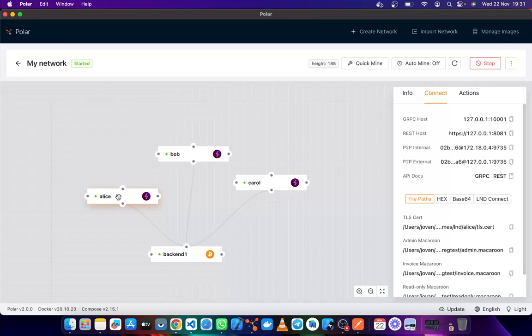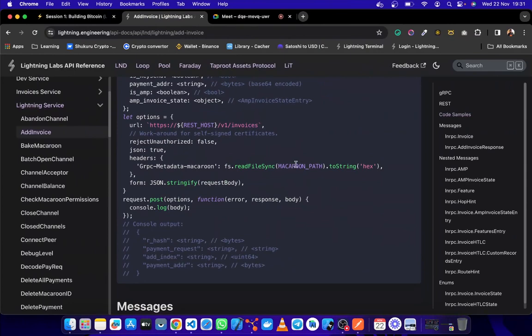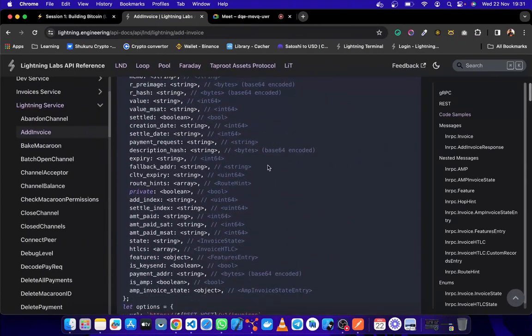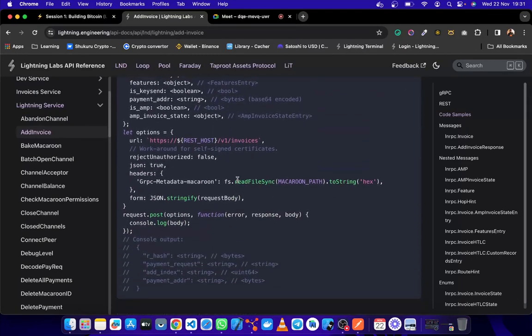So when you spin up your node, Lightning creates for you a macaroon file, and it puts it under your node and your CLI so that you can copy it around and pass it through all the functions that you want to call in your node, so that it gives you the authorization. So this is the same thing. You can see here they imported the macaroon path, and then they were able to pass it in every endpoint. So it's the authorization part of it all, because without it then you lose access to your node.